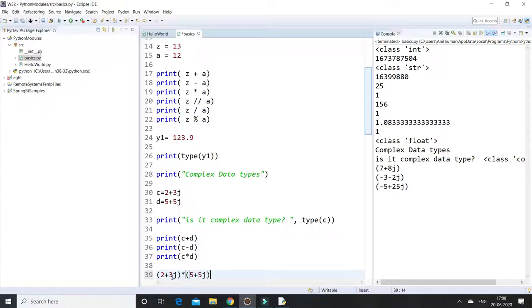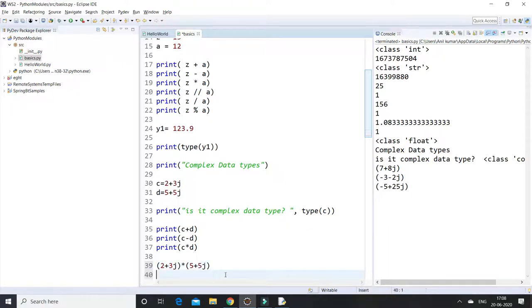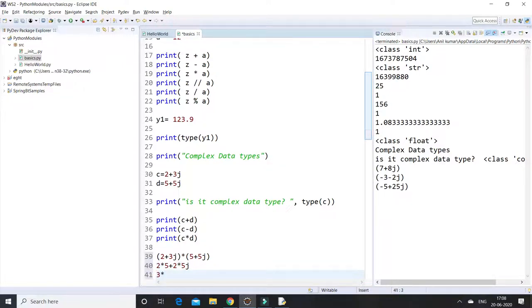First, 2 is multiplied with each term of the other variable: 2 into 5, and 2 into 5j. Similarly, 3 into 5 and 3 into 5j. Each term is multiplied with the other terms.